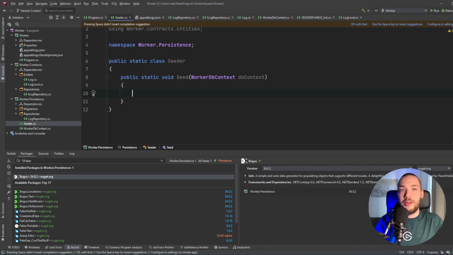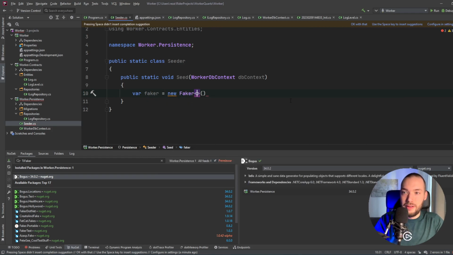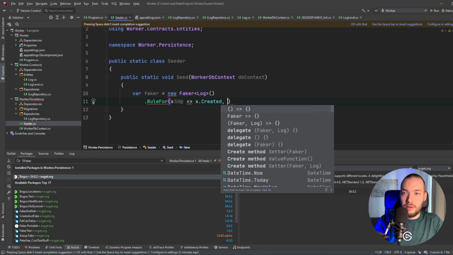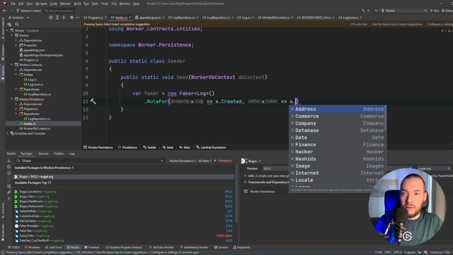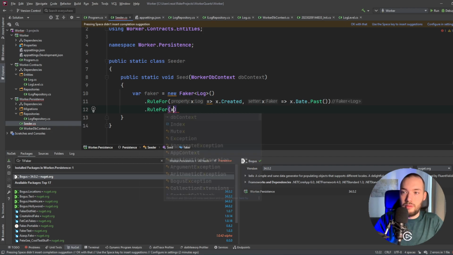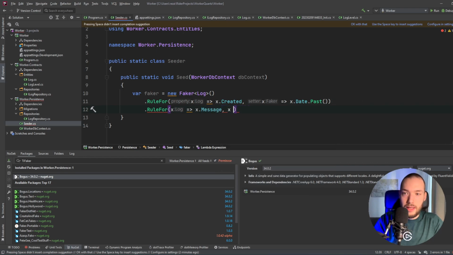Now we are ready to feed our database with the fake log data. So we're gonna create faker, new faker of type log, and now we are creating the rules for each one of our columns in the database. So rule for created will be date in the past. The next rule will be for the message, and it will be the